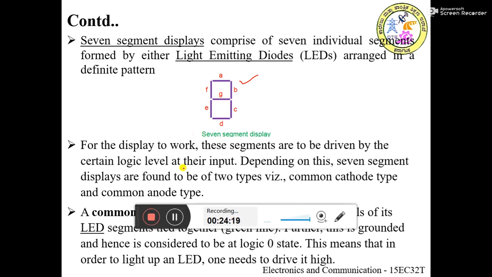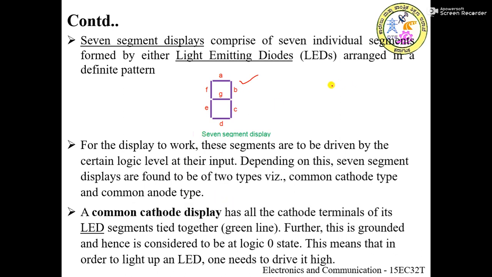Okay, you have already seen the operation of LEDs in the semiconductor devices subject, in the second semester. LED is nothing but a light emitting diode, which consists of two terminals. One is the anode, another one is the cathode. So this is the cathode, this terminal is the anode. This LED is going to emit light whenever it is forward biased.